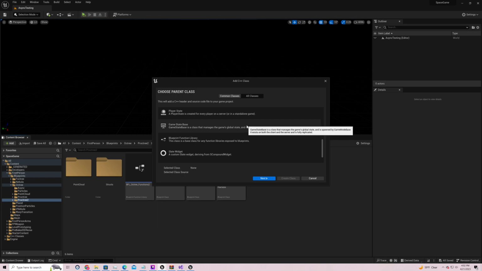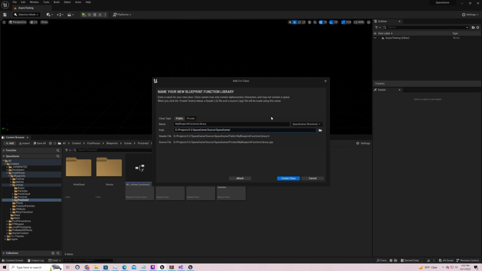Our base should be a blueprint function library. It's going to be under. Ugh. I'm going to have to manually clean up the class structure. That is super annoying.